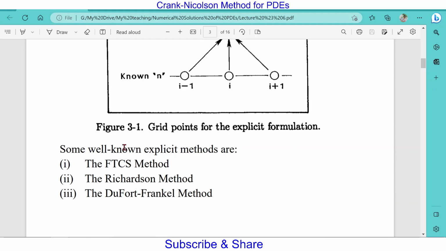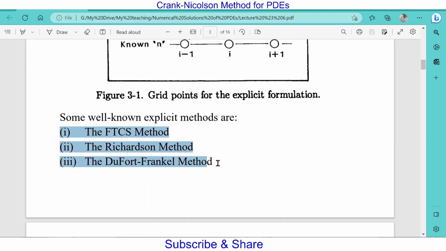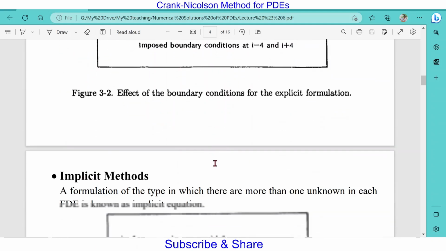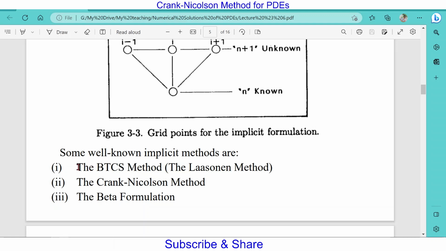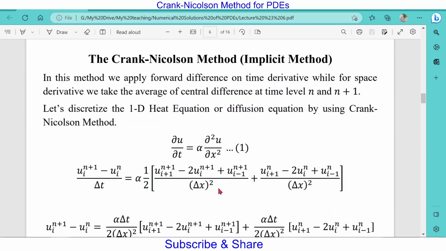Nicolson method. So we have discussed so far these three explicit methods, and we also discussed the first implicit method in lecture number 3 of this course. And now we are discussing the second implicit method, which is known as Crank Nicolson method. In Crank Nicolson method, we take the average of central differences at time level n and n plus 1,